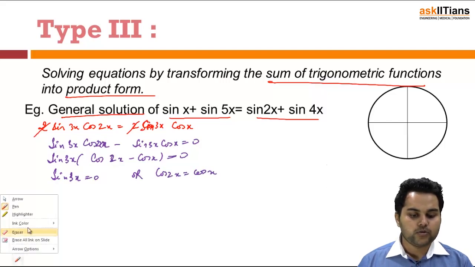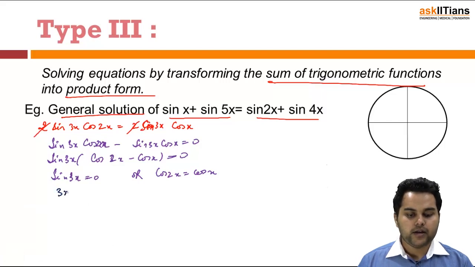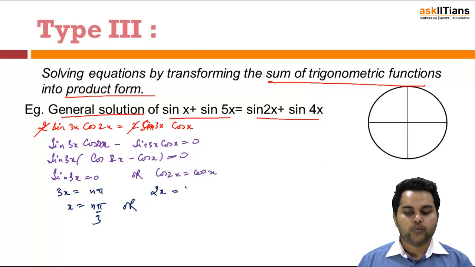If sin 3x is equal to 0, then what we will have is 3x is equal to n pi or x is equal to n pi by 3, whereas if I have cos 2x is equal to cos of x, I will have 2x is equal to 2n pi plus minus of x. I will have variables on both the sides. Now for the two signs that I have, plus and minus, I will solve and get two more solutions other than n pi by 3. So for positive I will have x is equal to 2n pi,